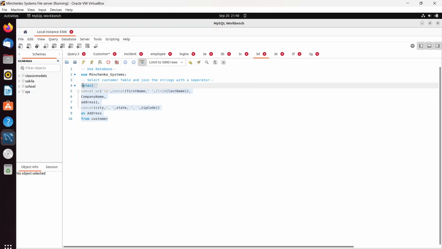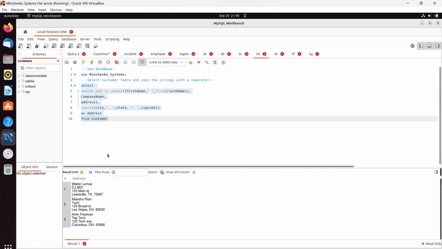And let's do another one. All right. In this query, as you can see here, we wanted the data lined up like this. So we wanted the customer's name, company name, address, and yes, that's all the information we wanted for that query. So as you can see, we want to